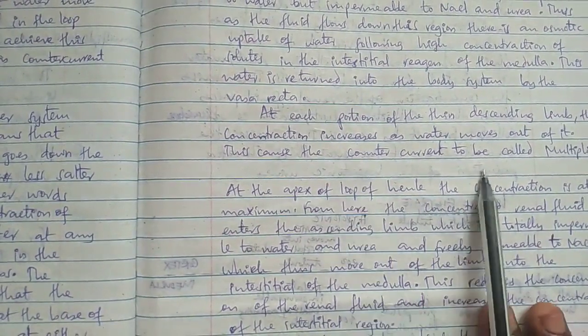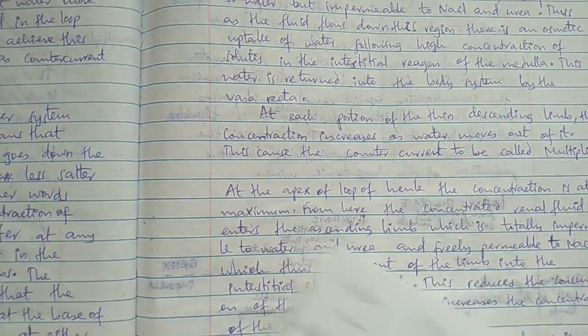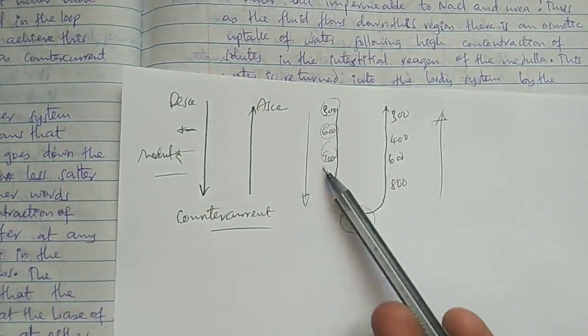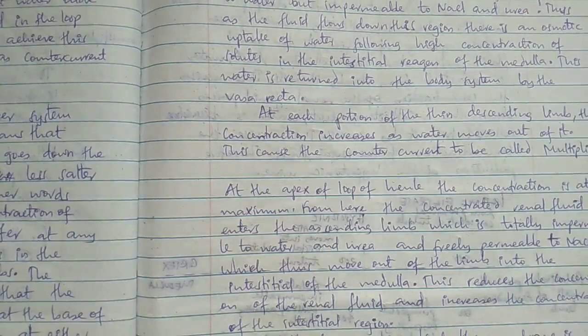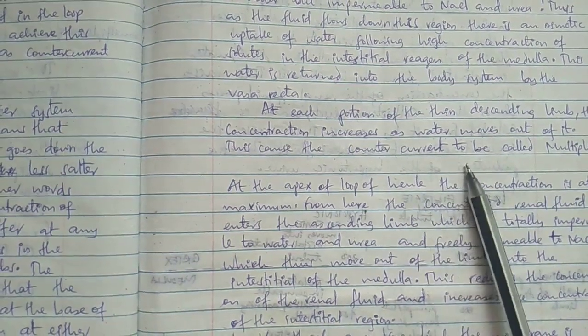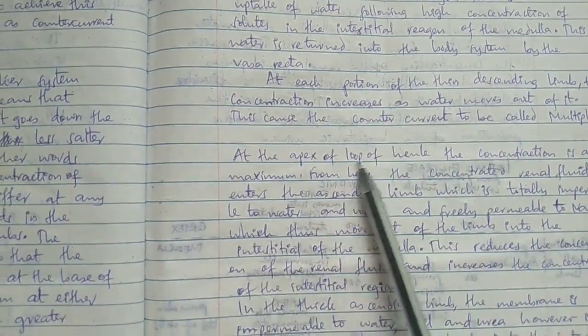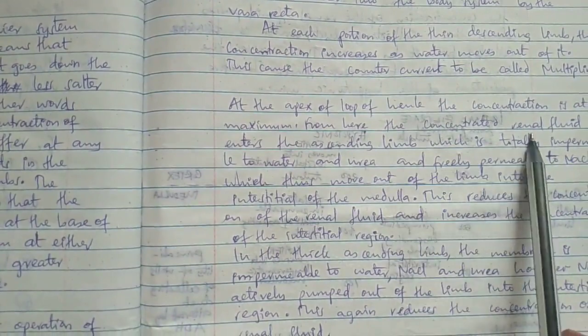This causes the countercurrent to be called multiplier. Unaona, as I told you, concentration anza 300 inafuata 600, 900, then hapa chini inakuwa 1200. Maana yake hiyo concentration inakuwa inaongezeka kwa kadri fluid inavyoshuka. So at the apex of the loop of Henle, the concentration is at maximum. From here, the concentration